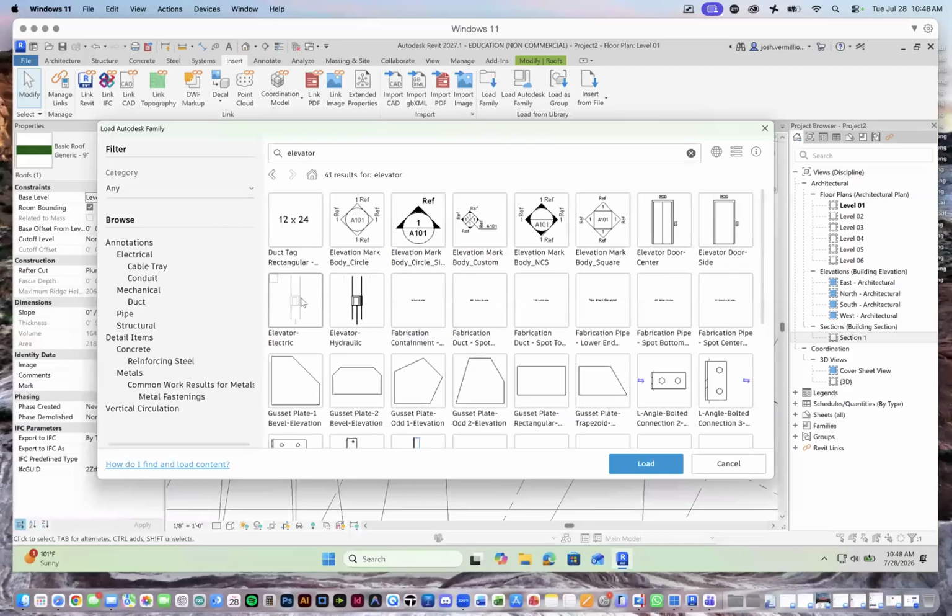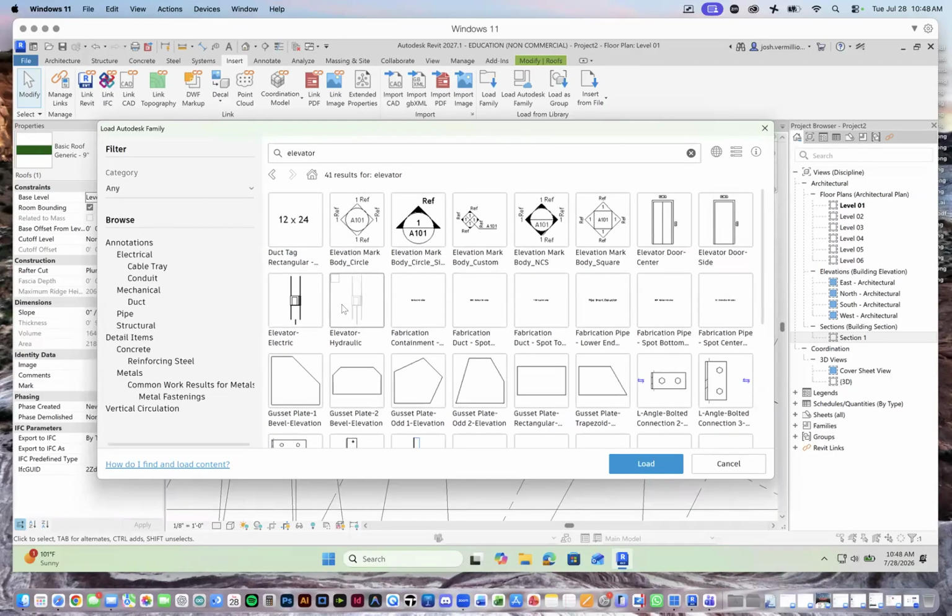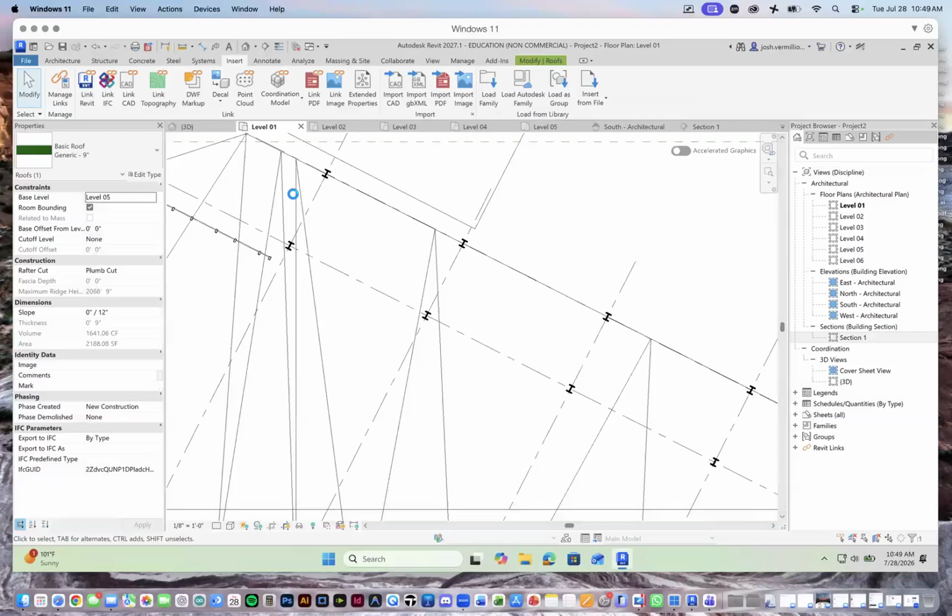First of all, I have to decide whether I want an electric elevator or a hydraulic elevator. Oftentimes you use an electric elevator. Hydraulics are slow and you need a lot of depth into the ground for the hydraulic pump. And so I'm going to say, let's load the family of electric elevators. And I also need to load in some doors, elevator doors. All right. So I'm going to go ahead and check, check, and check and hit load. It's going to download the families. And now when I insert